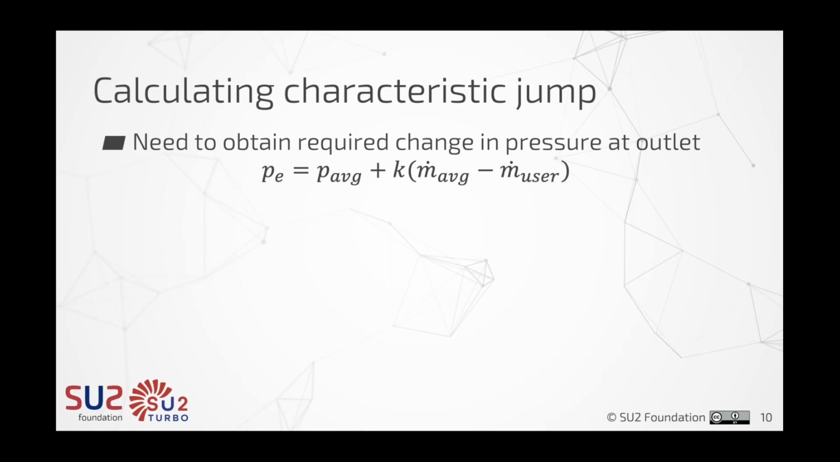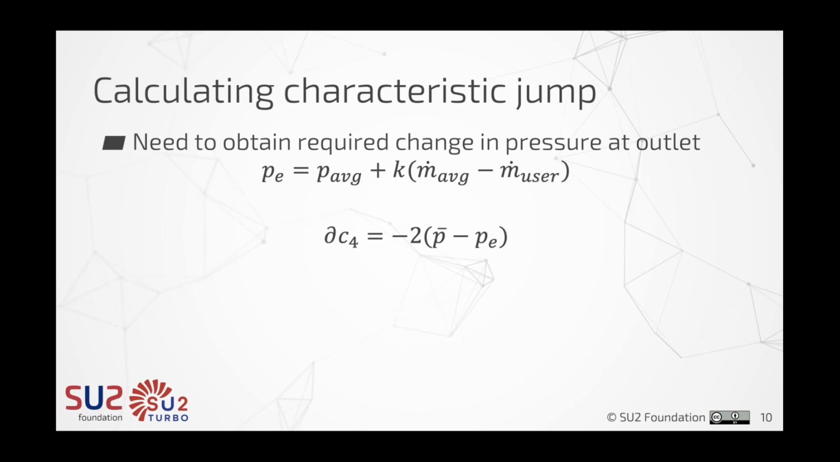So we can do this two ways. The first way that I put here is by taking your average pressure at your outlet and multiplying it by some factor K and the difference between the average mass flow that you calculate and the mass flow rate that the user prescribes. This then